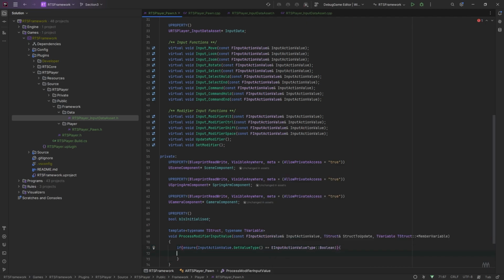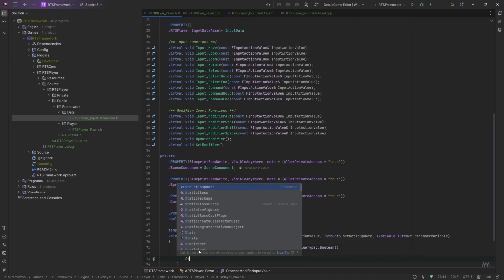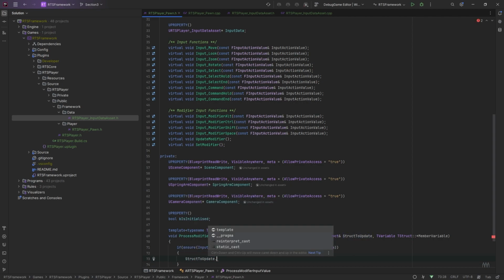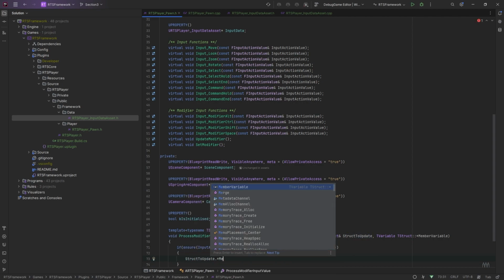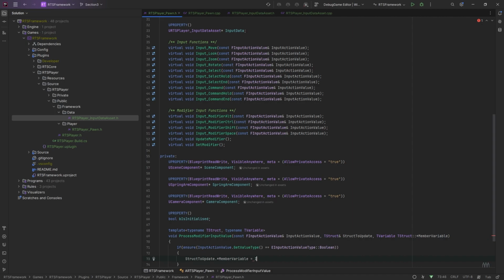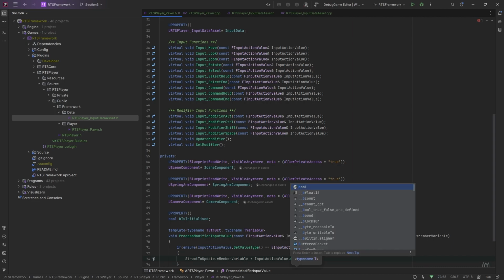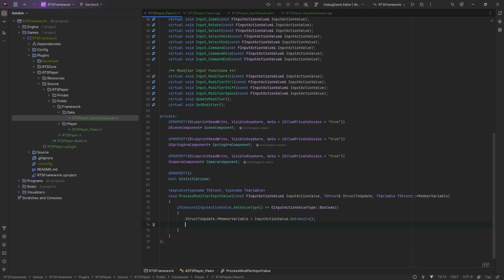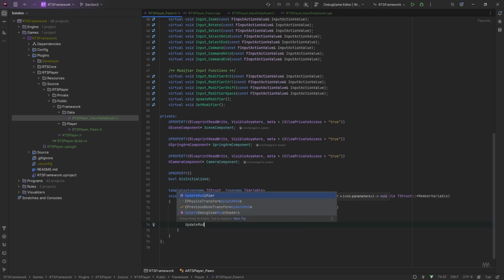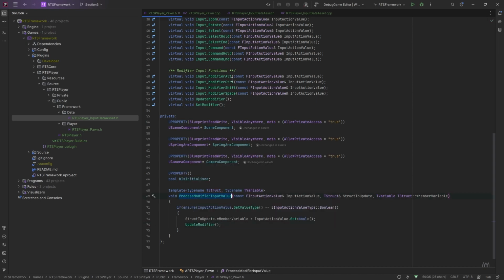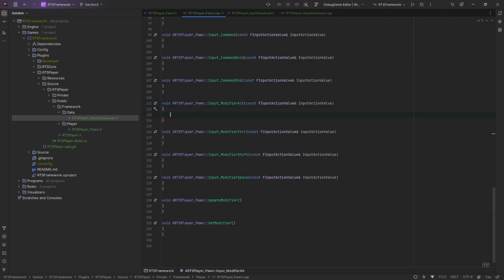So if that's the correct input, then we can go ahead and update our struct. The variable in that struct that we want to update is the member variable we passed in, and it's going to equal whatever the input action value is. And this is why we need to check, because we actually need to get it as a type. And then we're going to call that update modifier function that we defined up the top there. So just to show you how this works, in our modifier functions, we're going to call that templated function, pass our input action. We're going to need the struct,